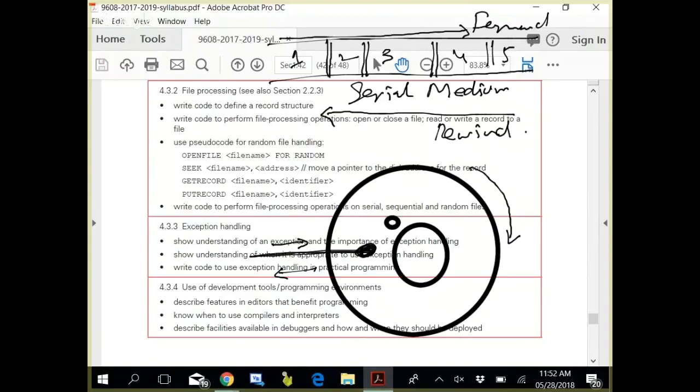So what is happening? This disk has a table which is called file allocation table, and it has got